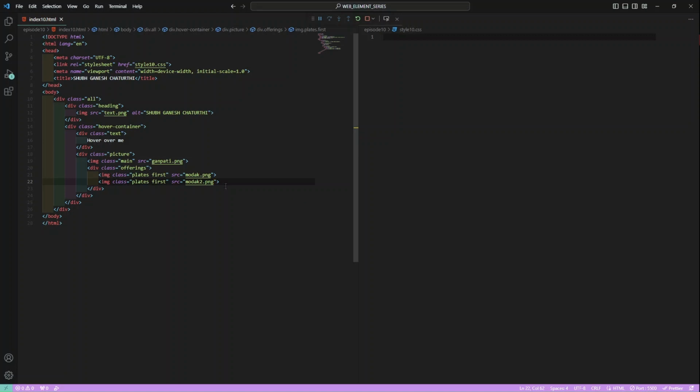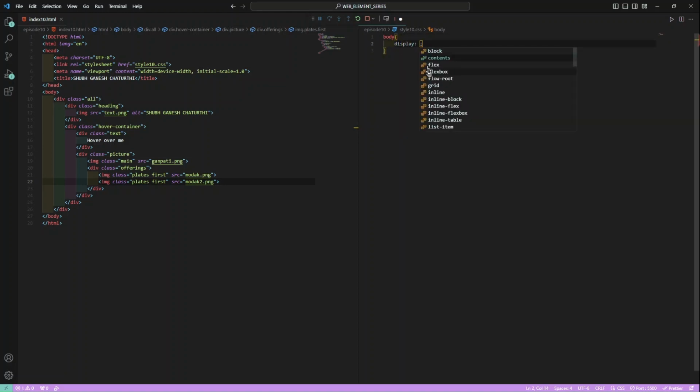Now that's the entire HTML we would require for this project. So now we can migrate to the CSS file. And as always, CSS begins with body. Display flex, justify content center, align item center, and then height, which would be 100 VH, margin 0,